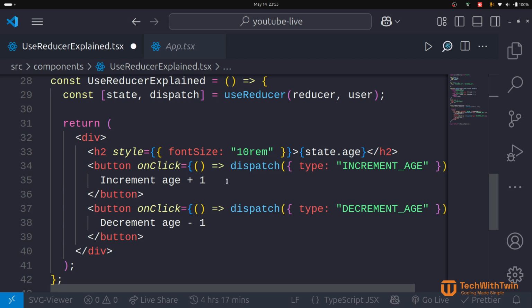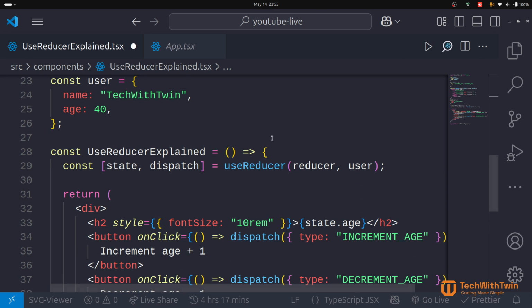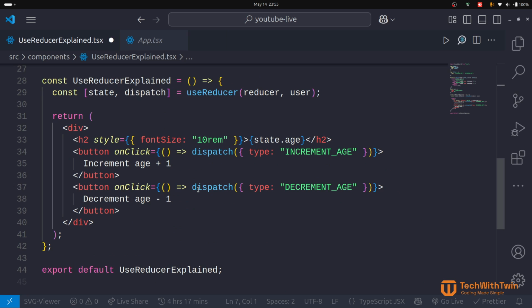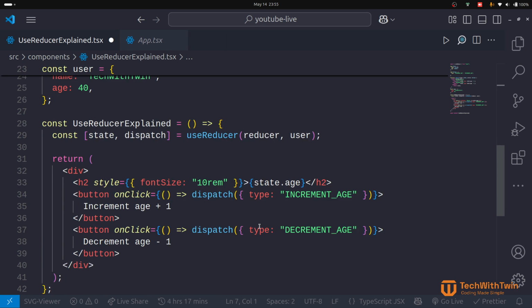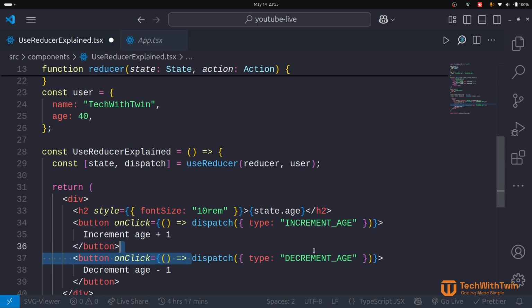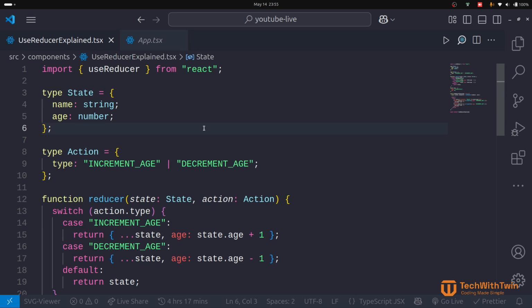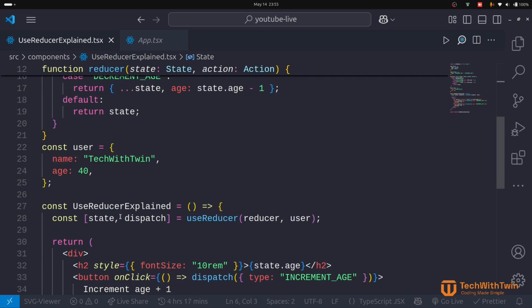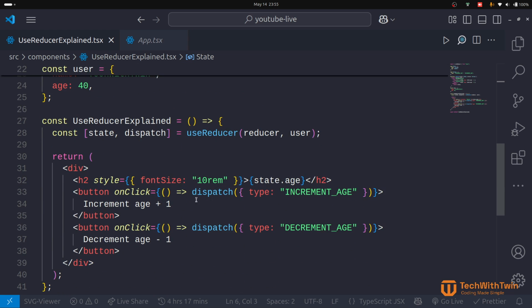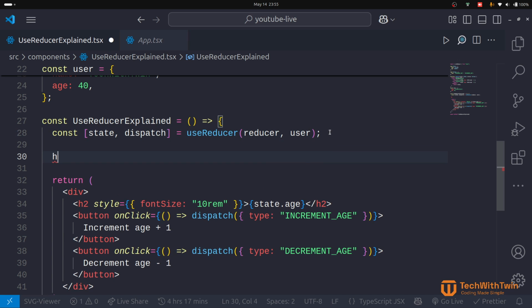Okay. So if we can continue, I think we're almost done. Let me just zoom out a little bit. So we did dispatch different actions here. And the final thing I want to tell you is that when dispatching actions on a click event, in case we had a function here under